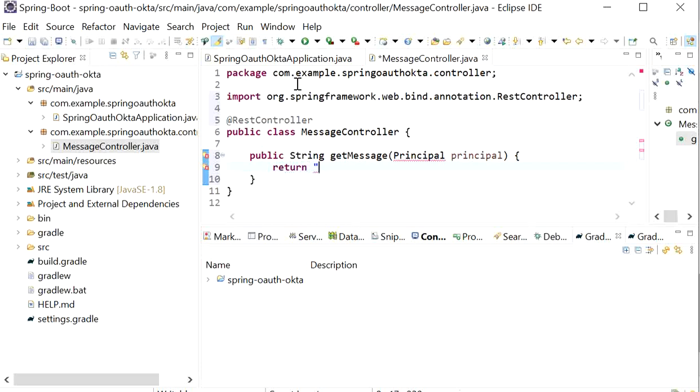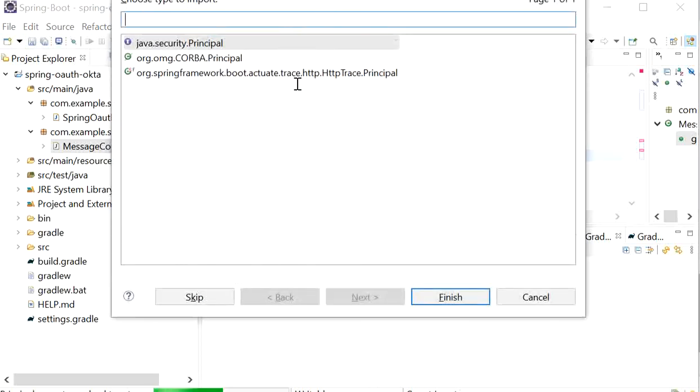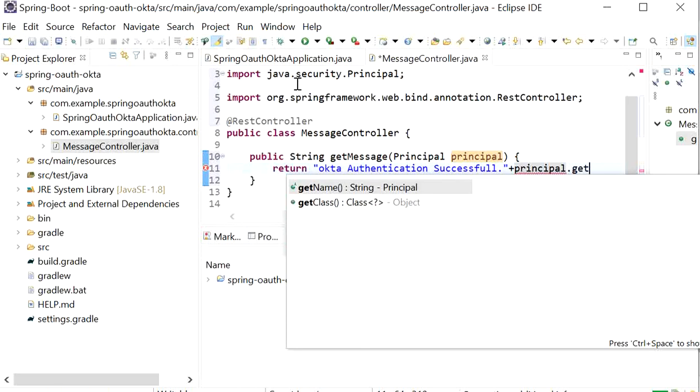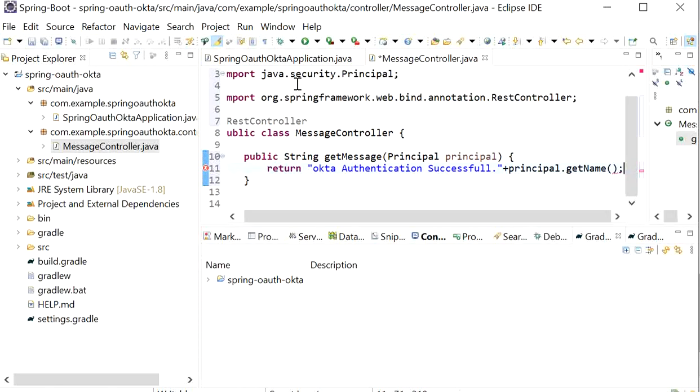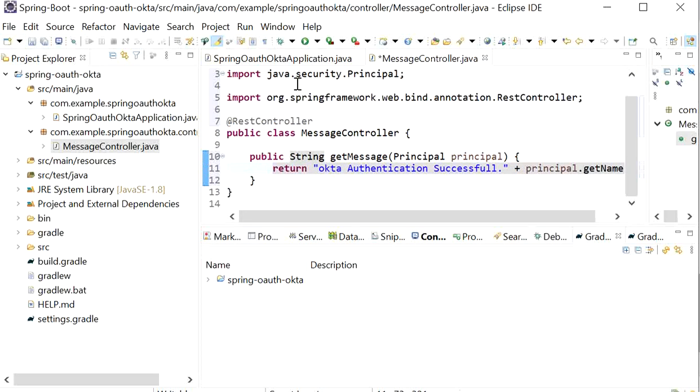Return "Okta authentication successful for user", and here I will get the name from the principal.